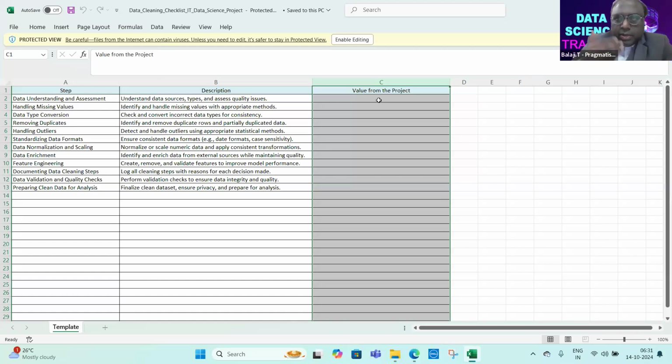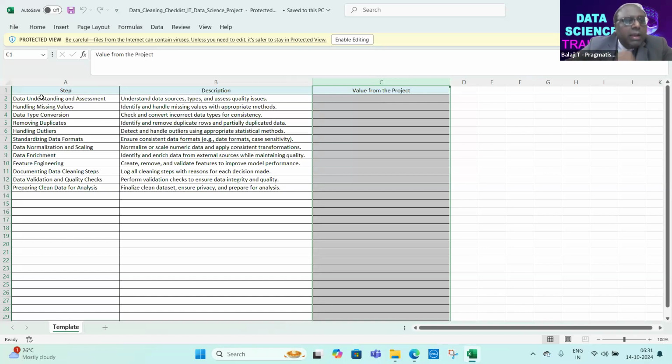For example, if I'm interviewing you for a senior data scientist role, which I'm currently doing, and I ask you, if you need to prepare a data cleaning checklist, what attributes will you put in that checklist? You cannot just say it depends on the context.